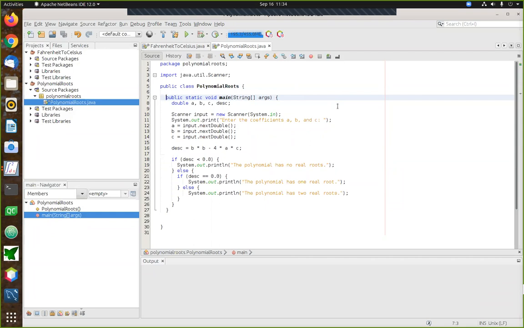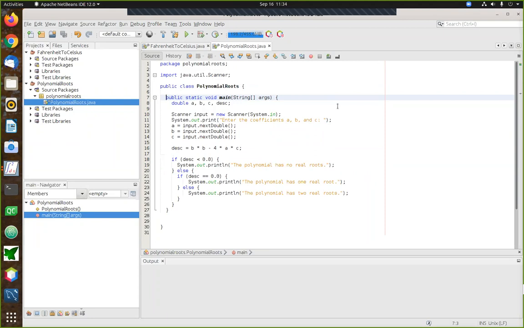All right, so here's a second example program. In this example program, we're dealing with a concept from mathematics. You may remember from algebra class when you're dealing with polynomials, in particular second-degree polynomials, one of the common tasks of working with polynomials is finding roots. And you may remember the infamous quadratic equation that you use to find roots of a second-degree polynomial.